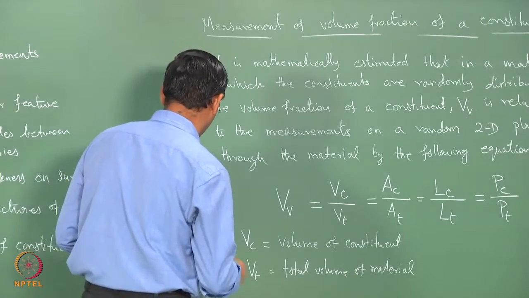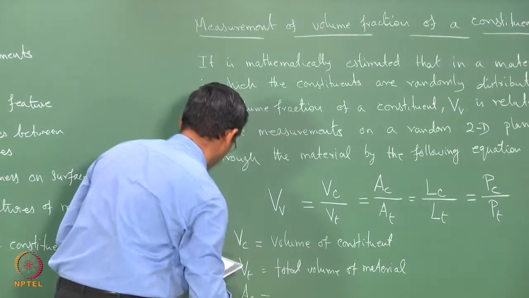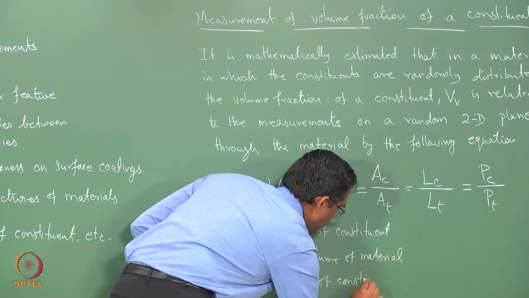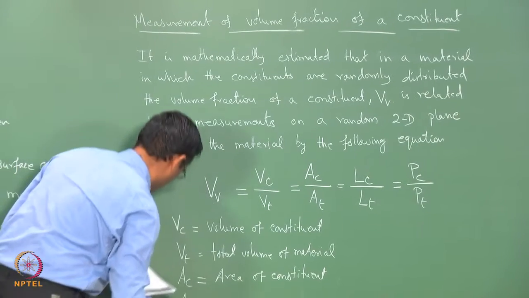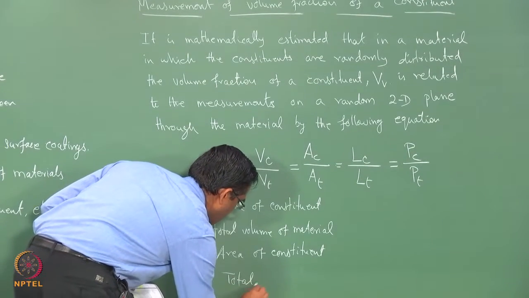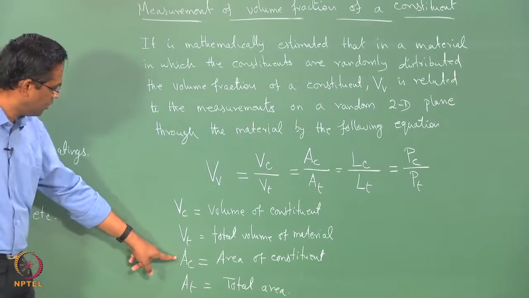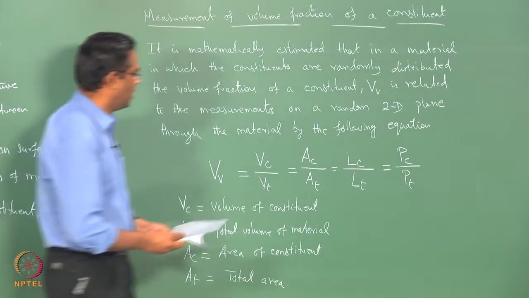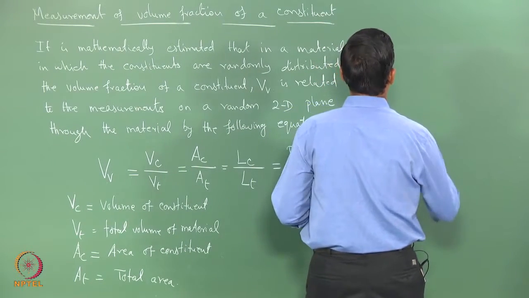Similarly, you have the area of the constituent and the total area. So, similarly, you have AC by AT, that means the area of the constituent divided by AT will give you the area fraction, and then you have two more,